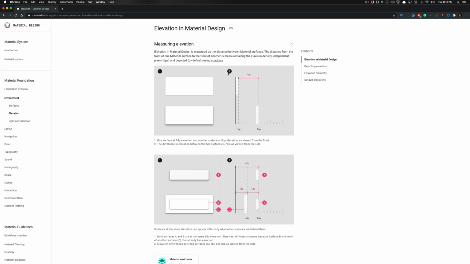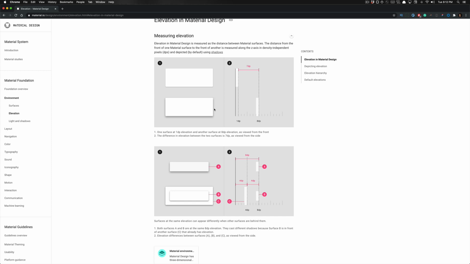you could say this is what that would look like in this scenario, where this example number 2 indicates that there's a surface set to 1 dip elevation, and then the other surface is set to 8 dip elevation as viewed from the side view here. And the difference between the two surfaces is 7 dips as viewed from the side angle. And you can represent that using a drop shadow, and that will indicate the elevation and the distance between these two surfaces. So here's the 1 dip in this rectangle, which is represented from the side view, and then here is elevation being expressed